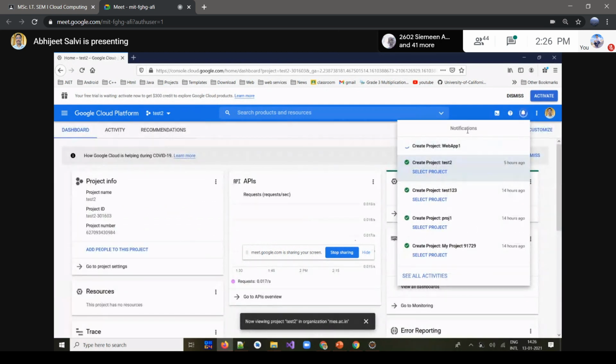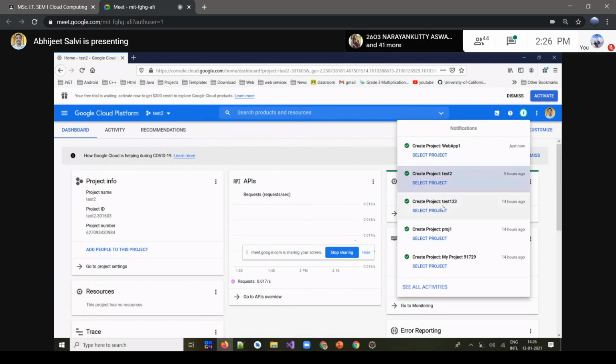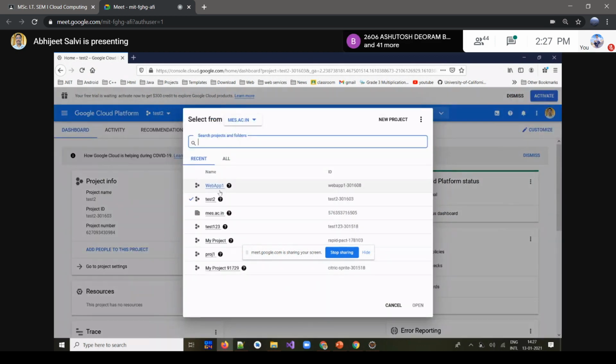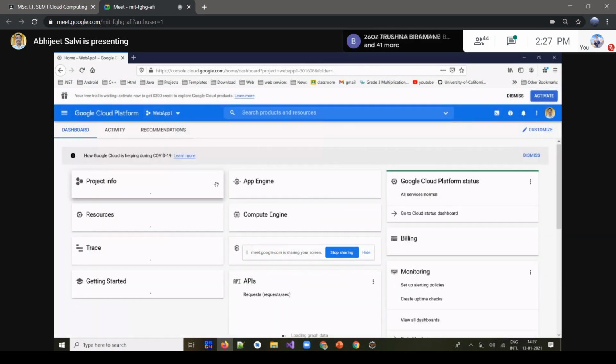So it's creating and showing the notification of that. What we can do is select the project which was just now created by us. Our project name is web app one, so we'll just select that.